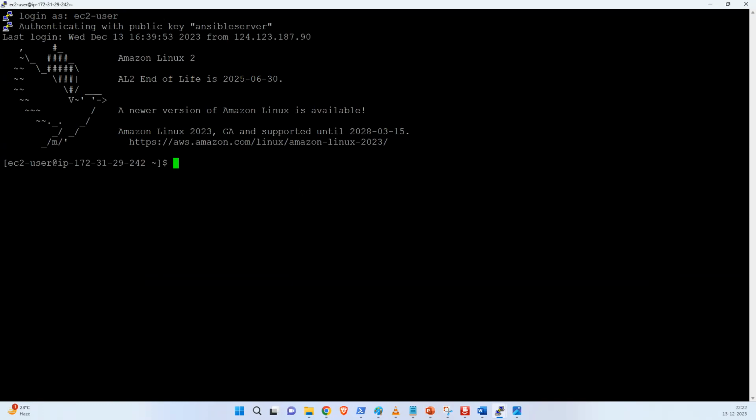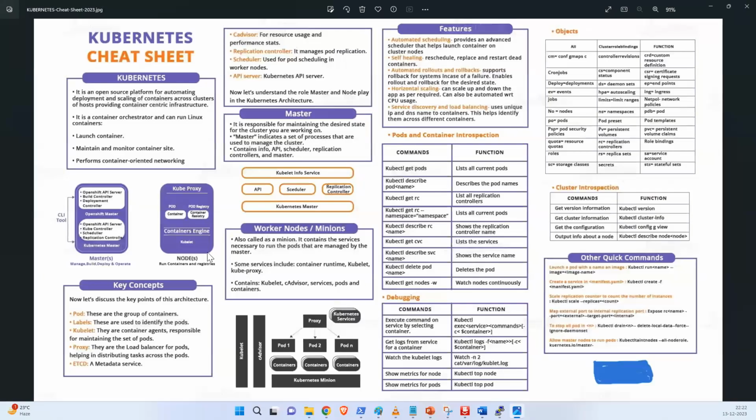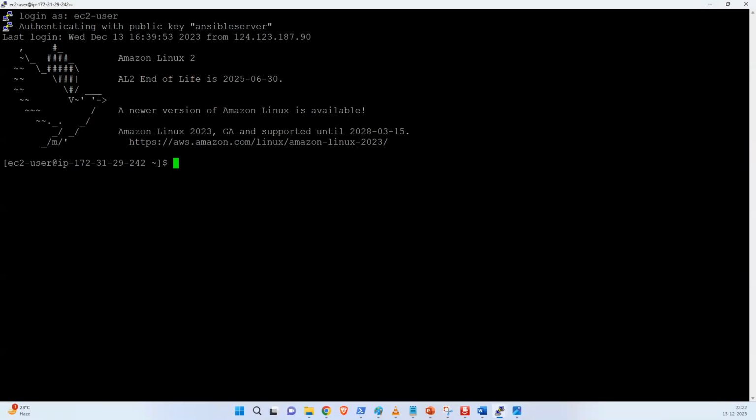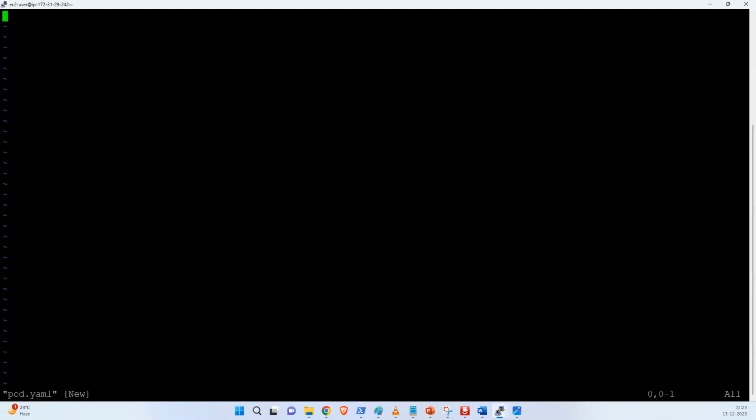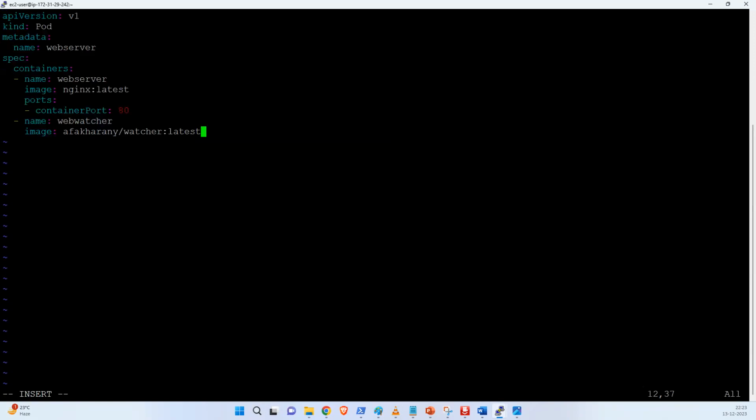So here you can create a pod.yaml file. What is this, guys? This is the Kubernetes cheat sheet. I already uploaded it in the drive. You guys can check it. This is just the cheat sheet. Now I want to create a pod.yaml. So in the pod.yaml,